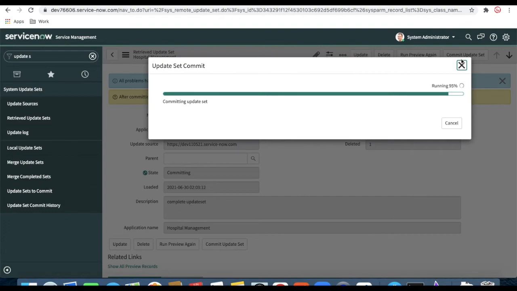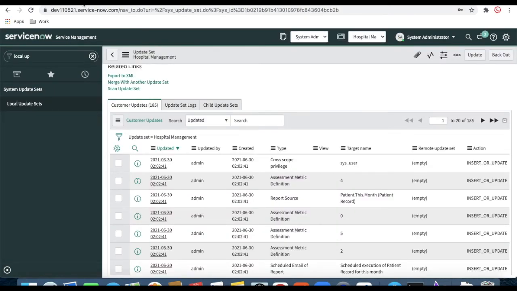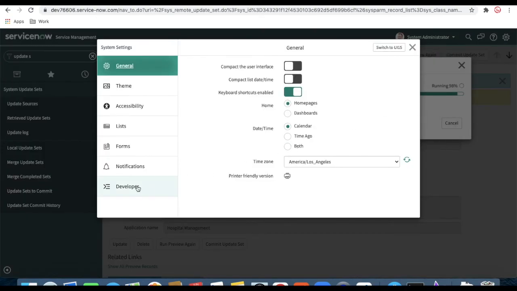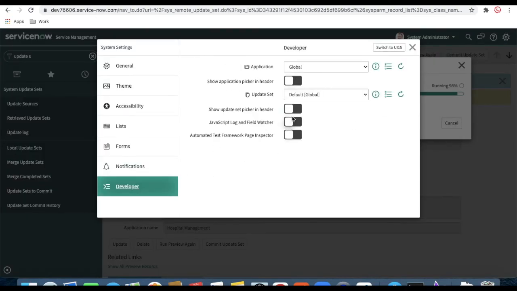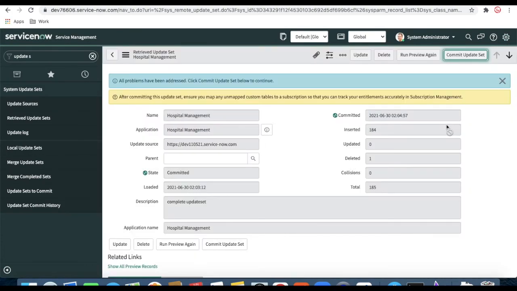So your code, the hospital management, is right now coming from this dev 115 0521 to this environment. So it is committing right now. I'll just quickly configure the developer settings and then show update set and show application on the header. Now it's successfully completed. Close this one